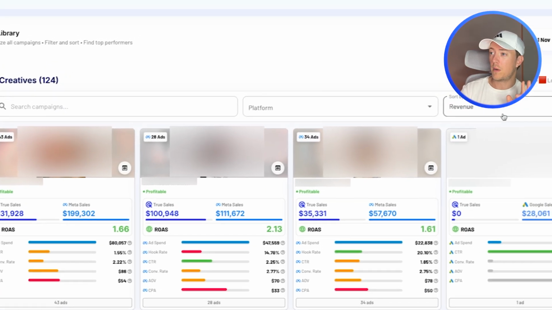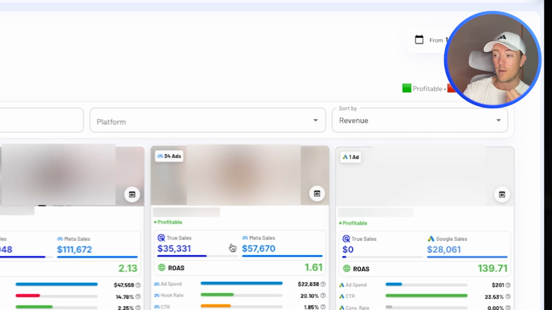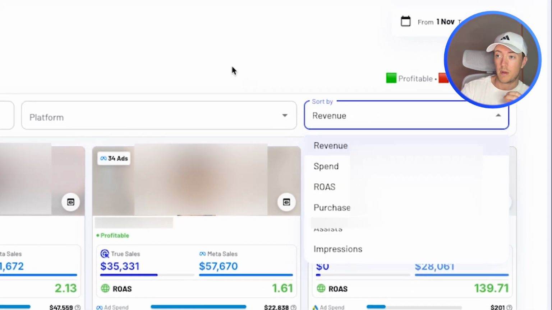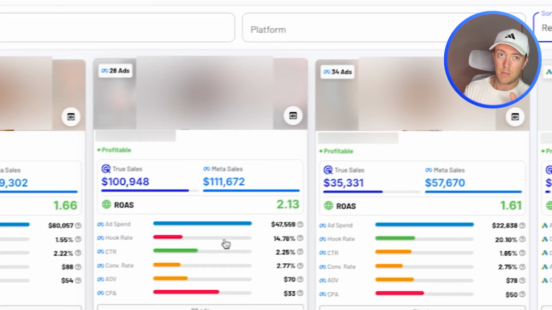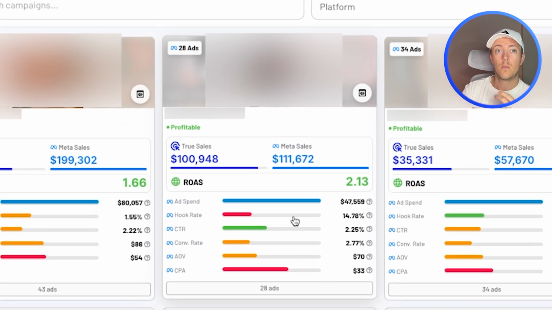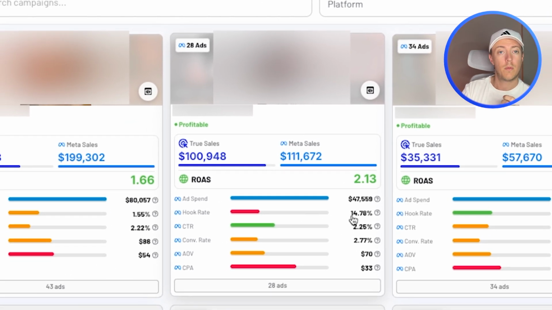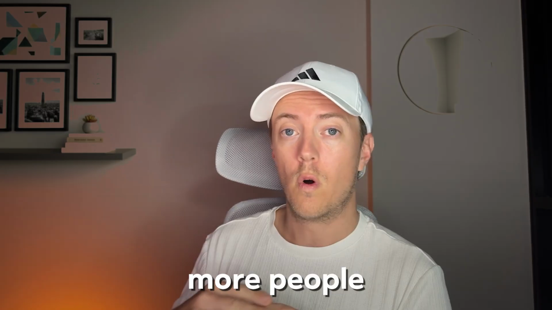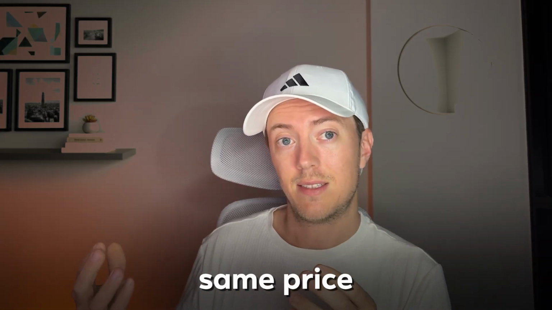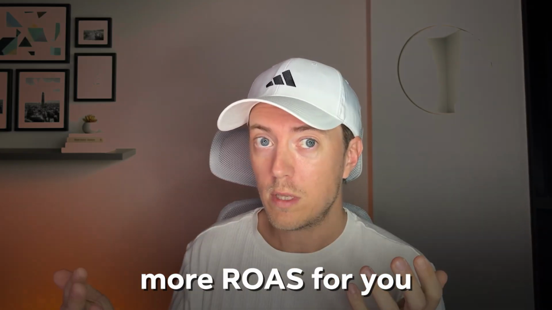First off, you can sort by revenue. That's usually where you can find some gold nuggets. Also, sorting by spend is pretty efficient. And one other metric that I just mentioned is the hook rate, which is super important. If you have it this low, around 14%, and you're making money, that's like a golden opportunity, because basically what that's gonna do is it's gonna increase how many people click your ad. And if more people can click it for the same price,